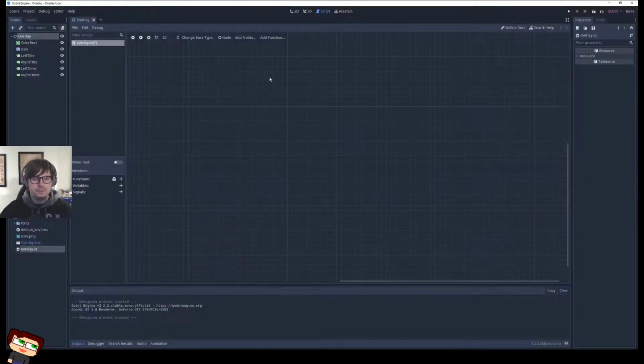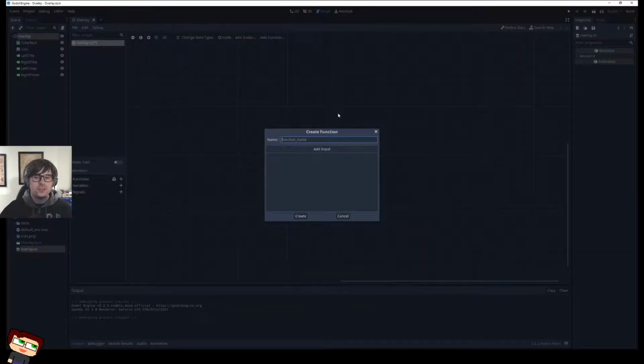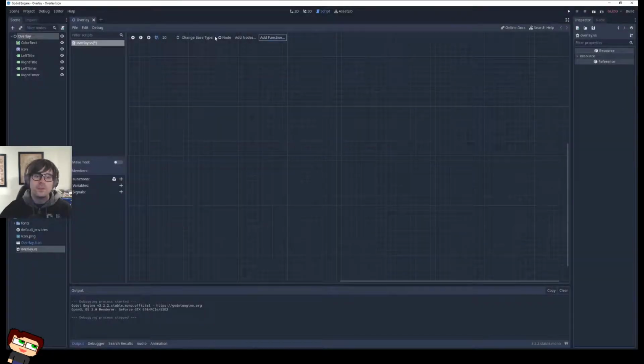how that turned out. Okay, so here we are in the visual scripting language for Godot. I have not done this. So this is gonna be exciting. Good. Let's see. Change base type, add nodes, add a function. How do I override a function? I'm going to abandon this so fast because of the tech thing.